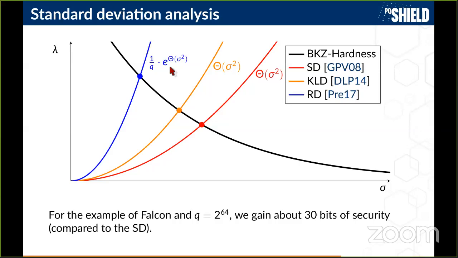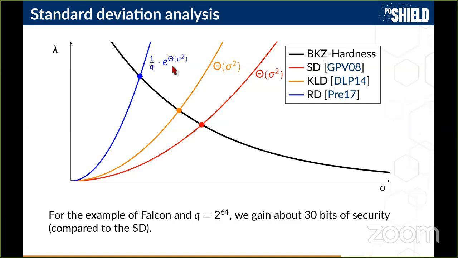So this is nice because instead of having theta of sigma square, then it goes into an exponential. The price we pay for that is that we have to normalize by 1 over q. And something interesting is that if we don't impose any restriction on q, and in practice, and in effect, it means that q may be as large as 2 to the power of lambda,